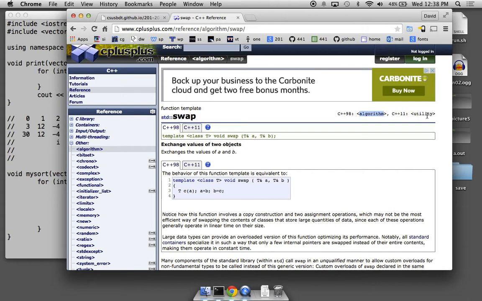In C++11, they put it in utility. So which compiler are we using? Which version? This is not a compiler. This is a specification for the language. And this is C++98, 1998. This is C++11. So you would either include algorithm or include utility,